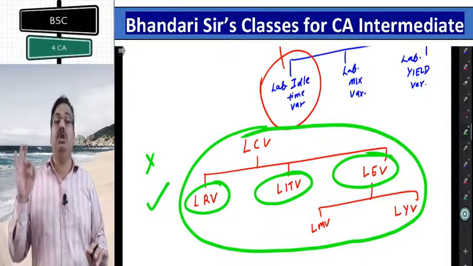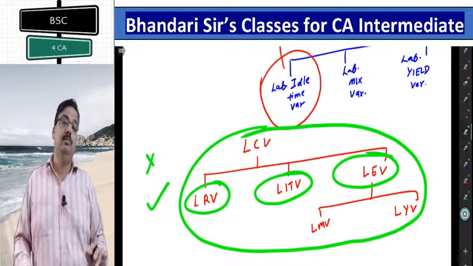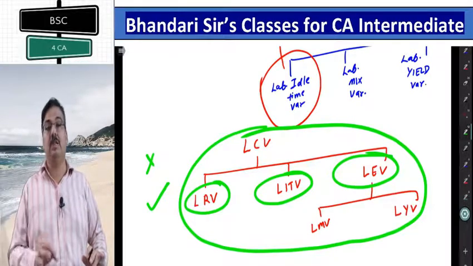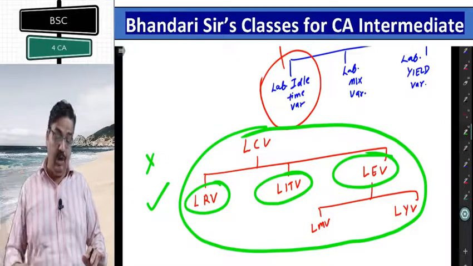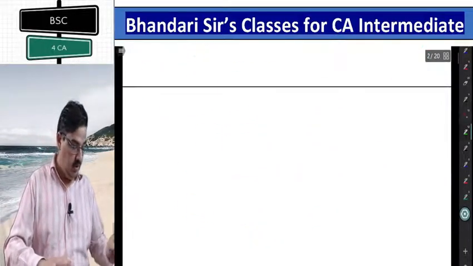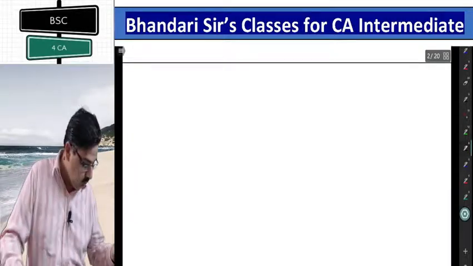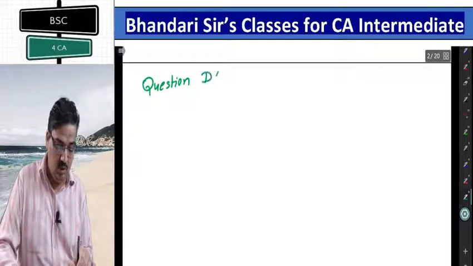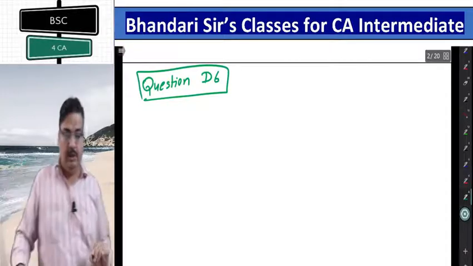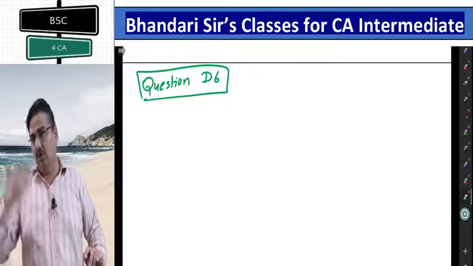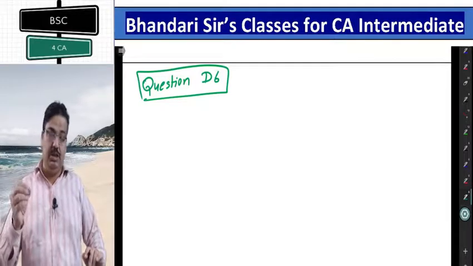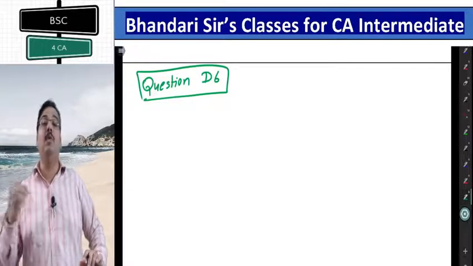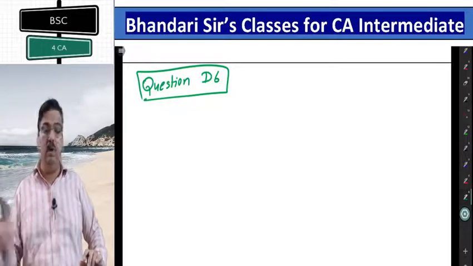This is applicable in questions D6 and D8. In both questions, this second table will be applicable. That is why I told you this concept in advance. Let us look at D6 now. You can look at the requirements of the question in the end. It wants first part labor cost, that is top. Second part efficiency. Third, idle time. Whenever efficiency and idle time are asked separately, think about the second type of categorization. He is not wanting rate.